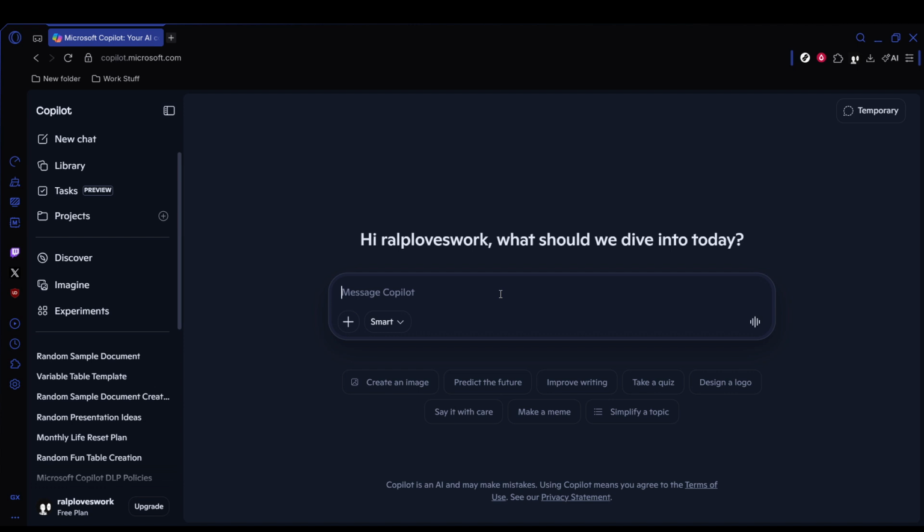When you find the design you like best, click on it to apply it instantly to your Outlook interface. This lets you preview how it looks in real time, which is helpful before saving your final choice. If you're happy with the result, click the Save button to store your new custom theme. Once it's saved, you'll be able to use it again whenever you want, making it easy to keep Outlook personalized